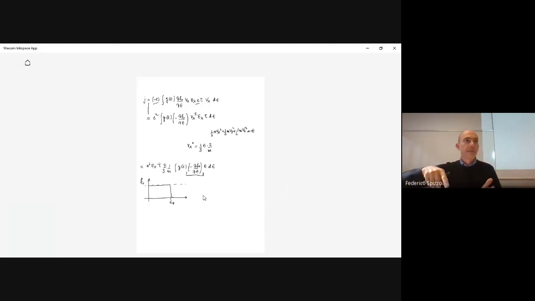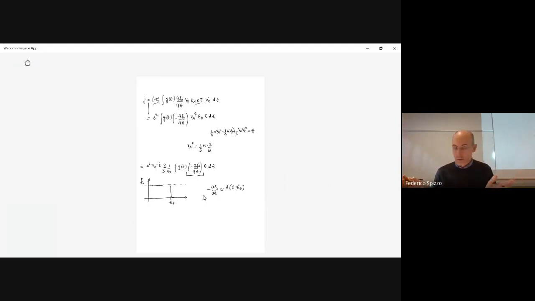minus the derivative of F0 with respect to the energy is actually a delta. That is in general a positive function that is 0 everywhere, apart from a value that is different from 0 in one specific position. So in calculating this integral, I assume that minus dF0 over the derivative of F0 with respect to the energy can be approximated with a Dirac delta. So 0 everywhere apart from EF, where we have a value that is different from 0. And that is due to the fact that, again, the Fermi-Dirac function is nearly a step function, even if temperature